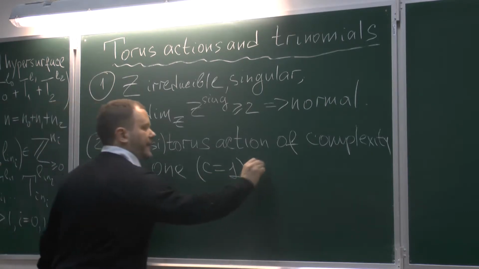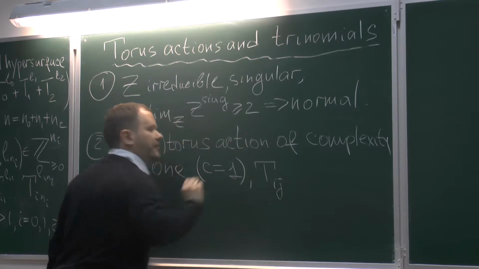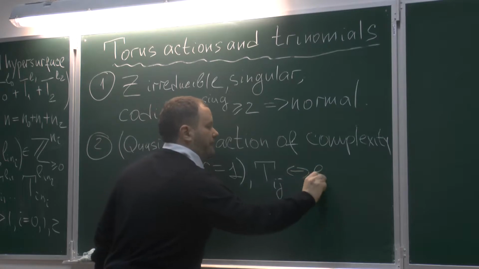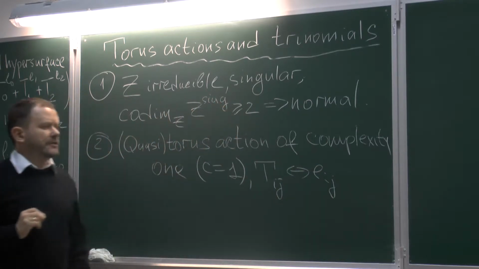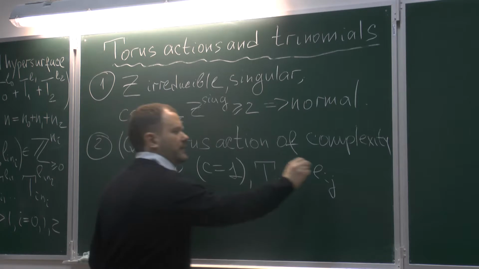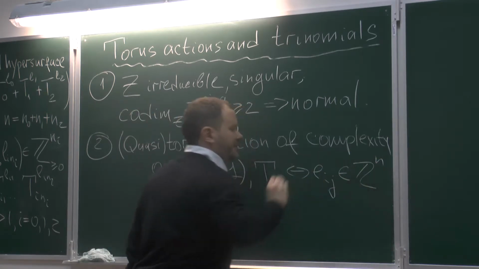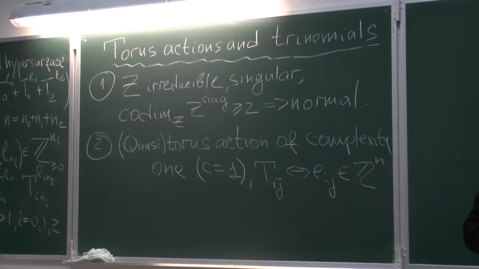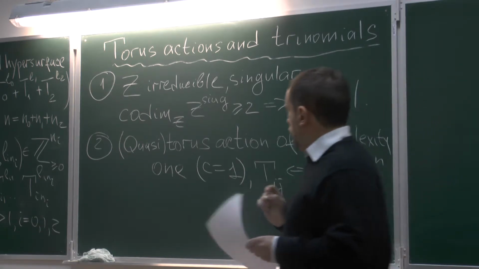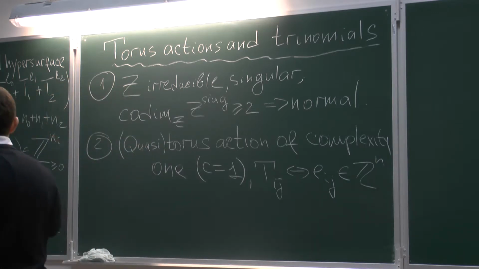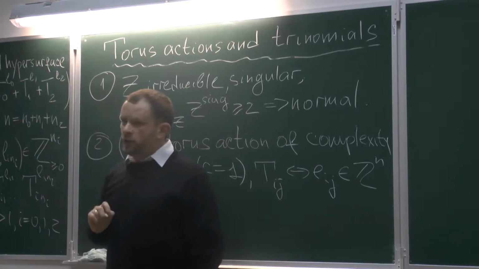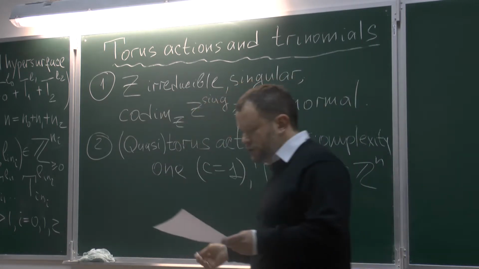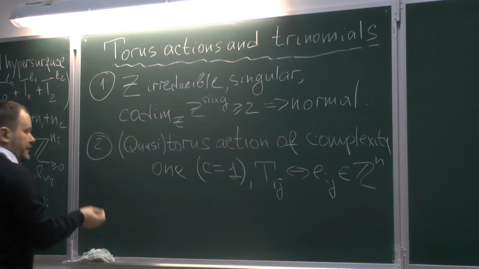I associate with any variable in my trinomial a basis vector of some lattice. The dimension of the lattice is equal to the number of variables, so it is n. And then I put some relations on these elements. Namely, I want each monomial in this polynomial to have the same degree. I want this relation to be homogeneous. So I put the following relation,